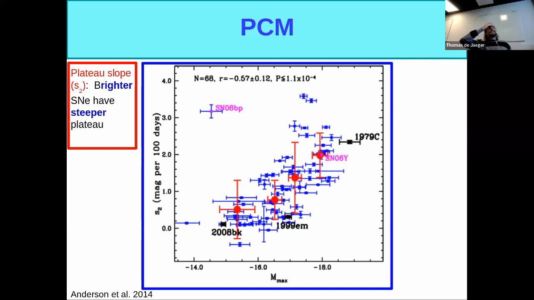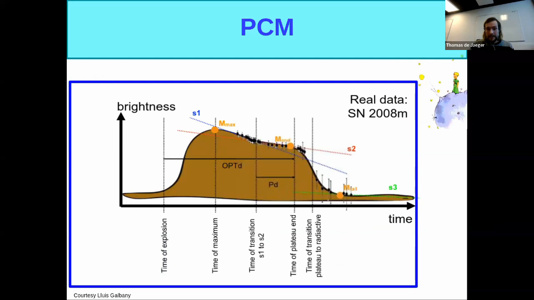So this is one of the methods that I showed you. And there is another method that I developed during my thesis. This is called the PCM, the photometric color method, and it uses the light curve. So here you can see the type 2 light curve. I don't know if you know Le Petit Prince, the famous book in France. This is a drawing from this book. So as a type 2 light curve, you see a decline. And then when the electrons start to recombine, you arrive in the plateau phase. So it will be more or less constant. This, from this graph, is what we call S2, slope 2.